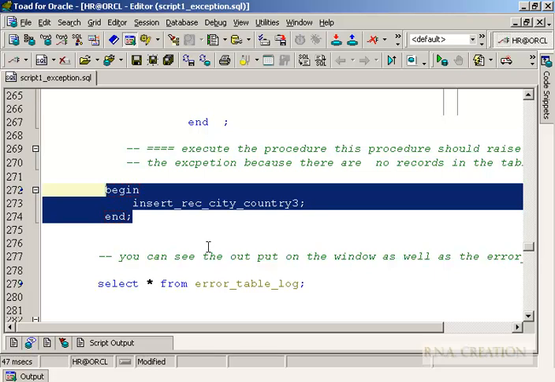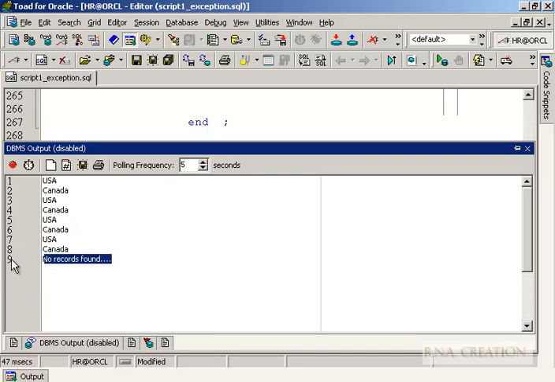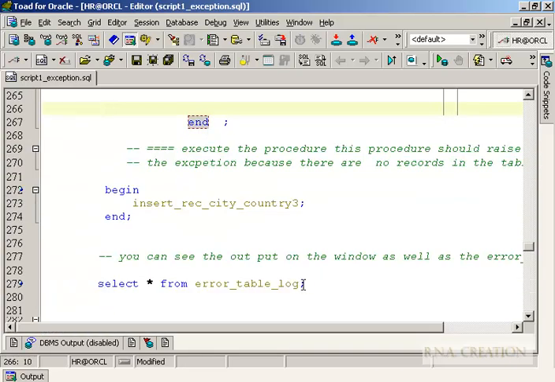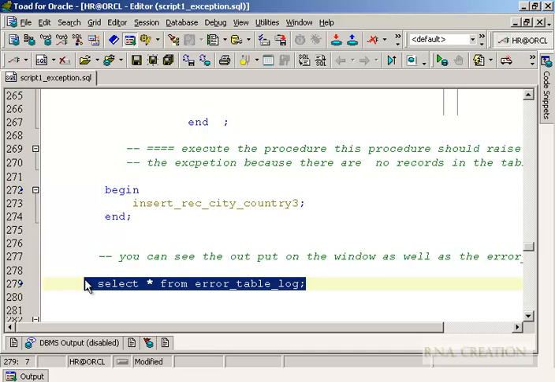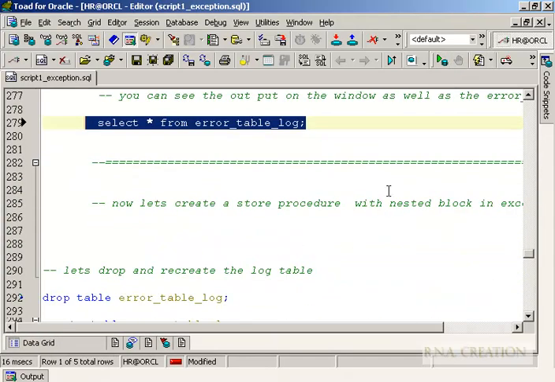And if you see, now where is the error? It did not show the error. Of course it did. Here it is. It is no records found. That exception was thrown. And there was no record, no USA or Canada getting printed. And I will give you one more proof of it. Let's go and check it out in the error table. There has to be one record stating that there was a problem, maybe more than one, because I have run this SQL before. So let's go and see,